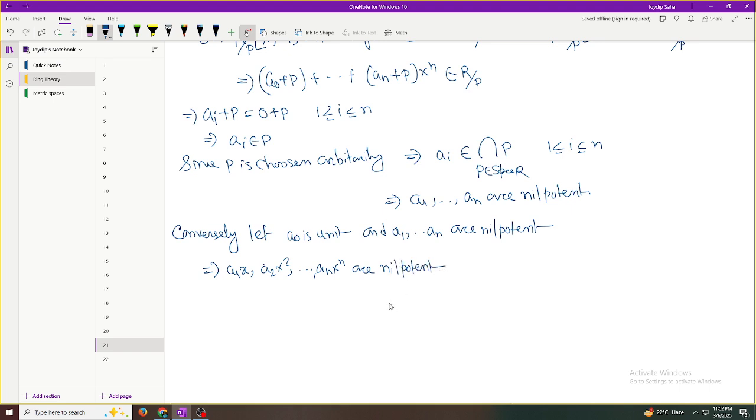Now nil radical is an ideal. So the sum of nilpotents is nilpotent because it is an ideal. This implies a1x plus